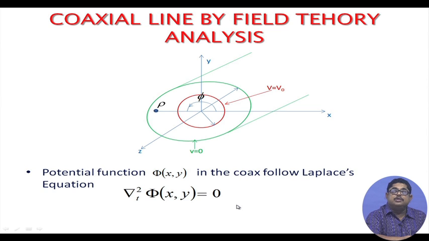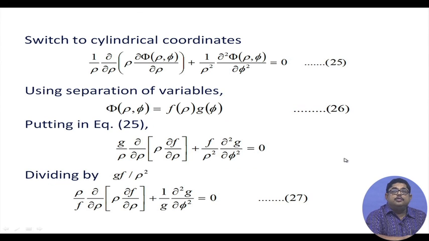This is the Laplace equation, this should be obeyed. So, we will solve this equation, and from this we will determine the voltage and current, and from voltage and current we can go back to the electric field and magnetic field etc. So, as the structure is cylindrical, we can switch over to cylindrical coordinates,